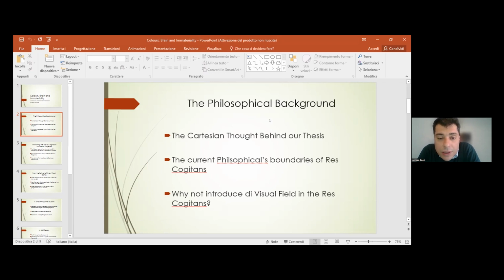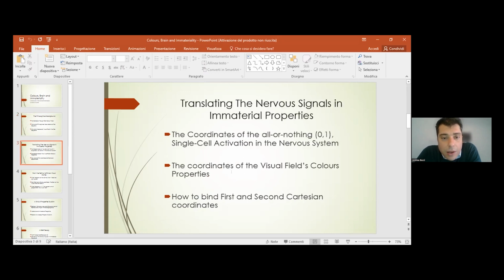The question is, why can we not introduce the visual field in res cogitans, and why can we not introduce what we see every day out there as something transcendent and immaterial, to make this idea confident